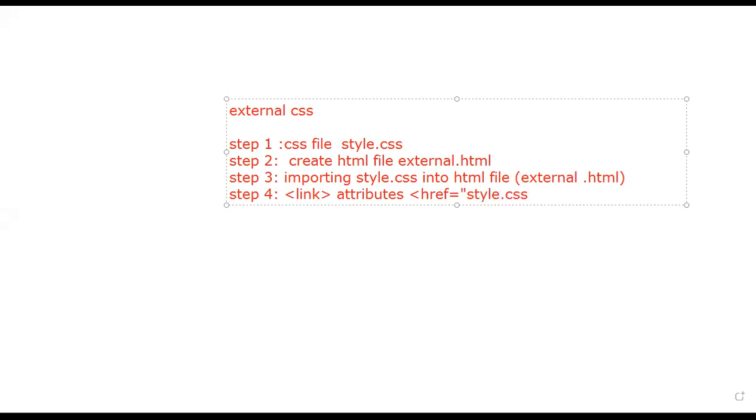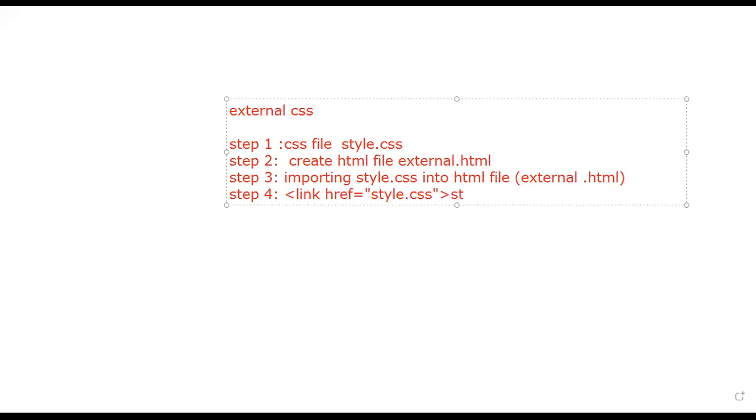What is the name of the file? The CSS file, that is style.css. So you can write it like this: link href, not a href, it is just href, that is hyperlink reference. There you have to pass the value, or the name of the CSS file.